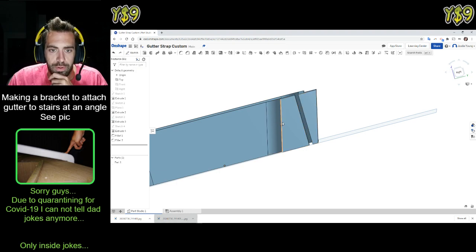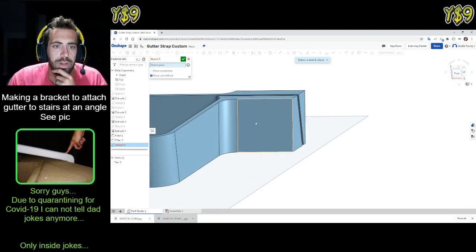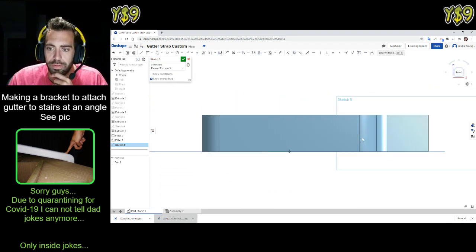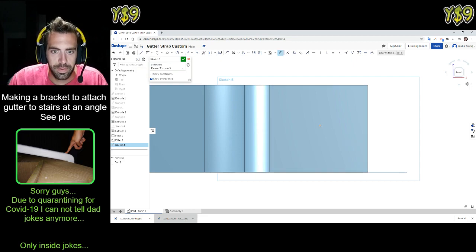So what do we think? If we put a hole right through here, I'm not even sure I need to put a hole through there. See what it would look like. Why not? I feel like I'm pretty close to at least getting a prototype. What do you do for a hole on this? You just plop a point in and dimension it. So the distance from here to here